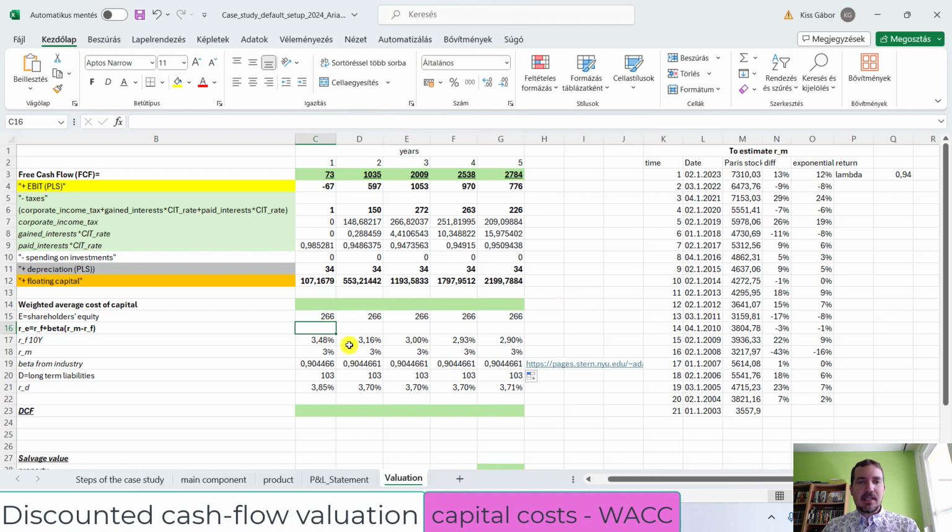Okay, so now we can see that this thing plus beta multiplied by RM minus RF, then at the end of the day we can see that